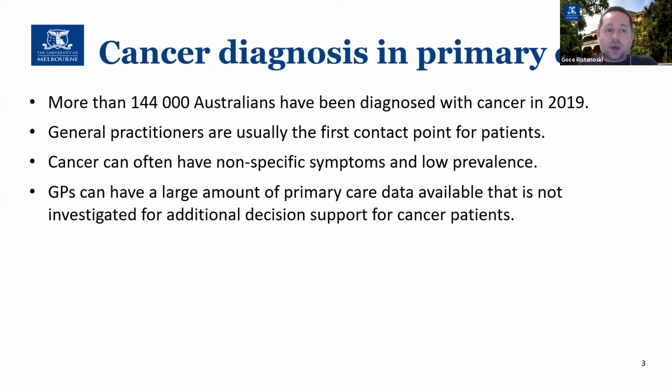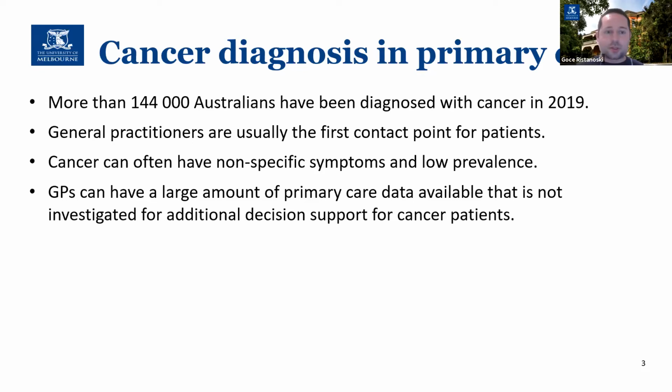In Australia, we have more than 150,000 cases of cancer being diagnosed every year. Luckily, most of them are skin cancer, but we also have the other types of cancer as well. And for all of these patients, the first contact with the medical professionals is with general practitioners, or GPs. That is what usually happens with all the other medical conditions that we experience. We usually go to the GP, and if it seems to be something more serious, we get a referral to